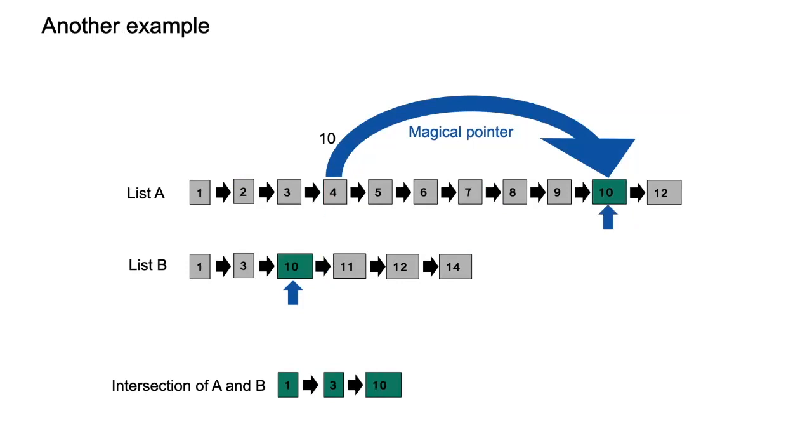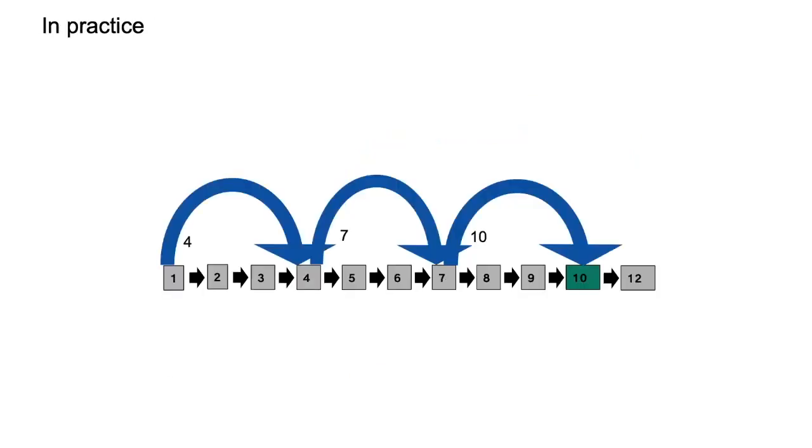And then we actually gain time. But of course, it only works if we have this magical pointer. If we don't have it, then there's no way we can do that. And of course, if you want to have the pointer, you actually have to build it and construct it. So in practice, you can have multiple pointers in the postings lists, the ones with high frequency counts.